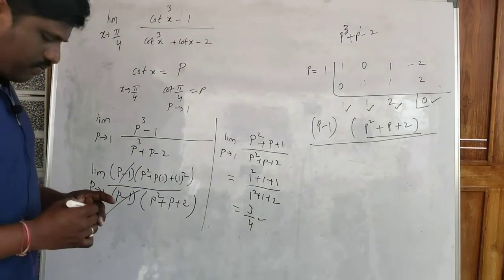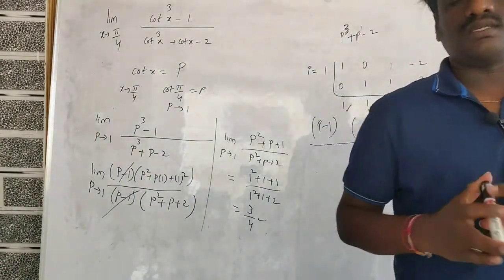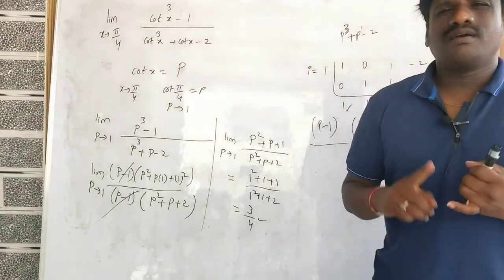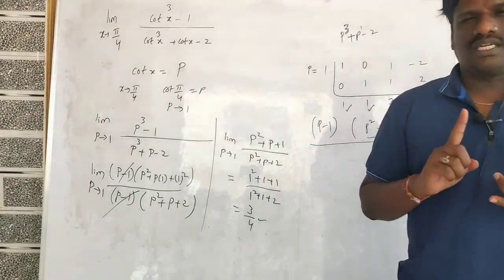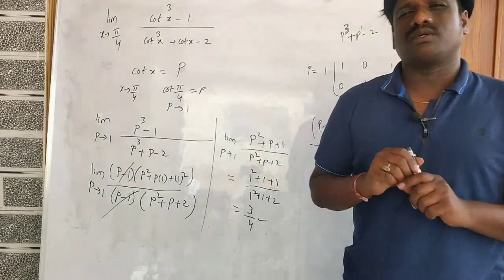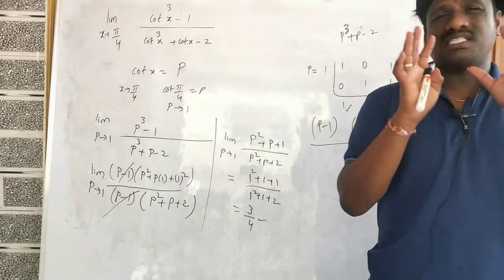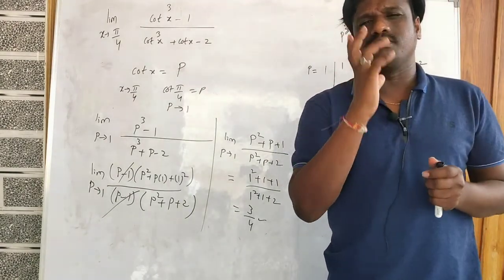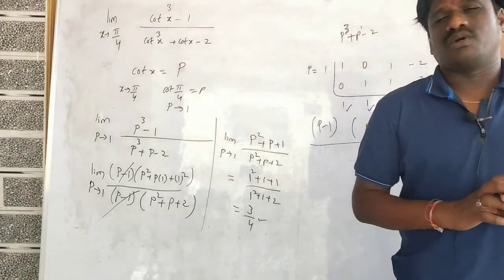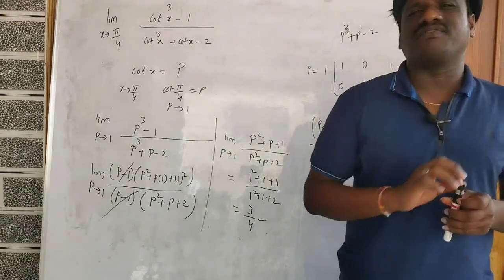So this is one more method which I wanted to tell you, the limit changing method. So we discussed what there is: factorization method, rationalization method, limit changing method. Now we are going to start the infinity by infinity method and some standard formulas, which are most important. All formulas I'll explain, then we will start the questions based on that. Okay, now I'll start infinity by infinity questions first.